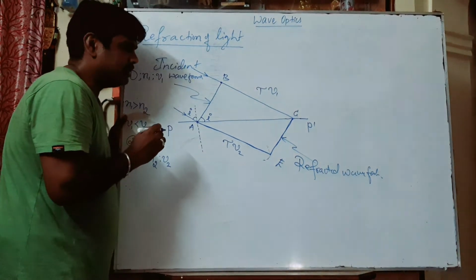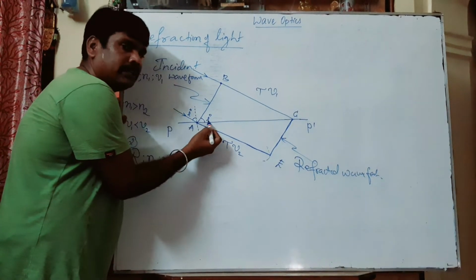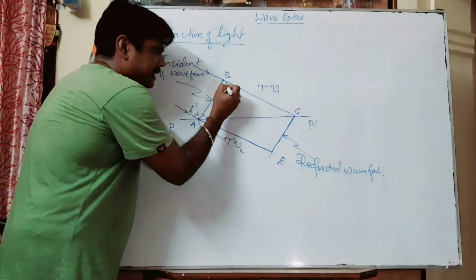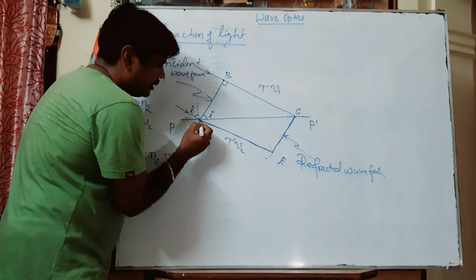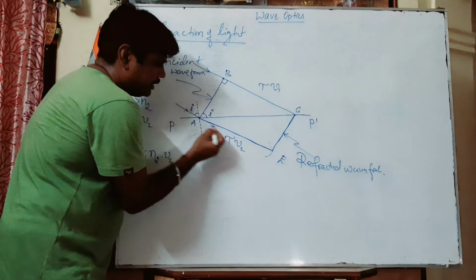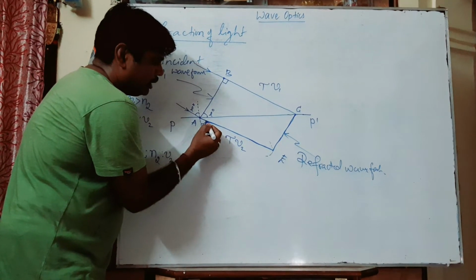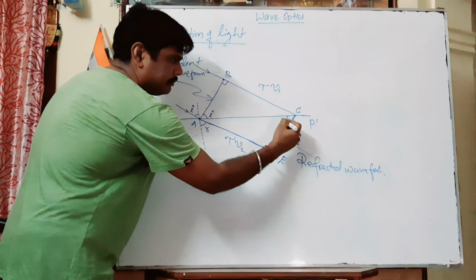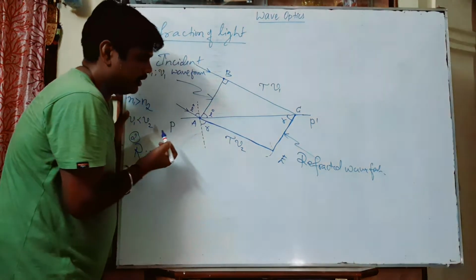I explained this angle in the previous derivation. So if this angle of incidence, this angle is 90 degrees. If the refracted ray is traveling in a rarer medium, it bends away from the normal. So the angle of refraction becomes R. The same angle here is R. You know how we are getting this value of R.